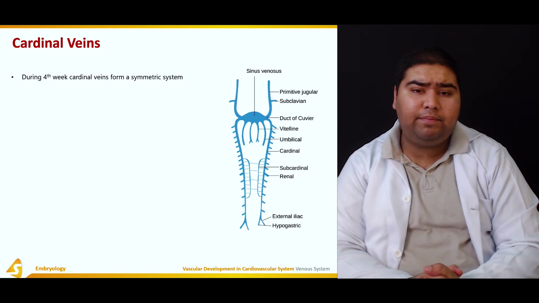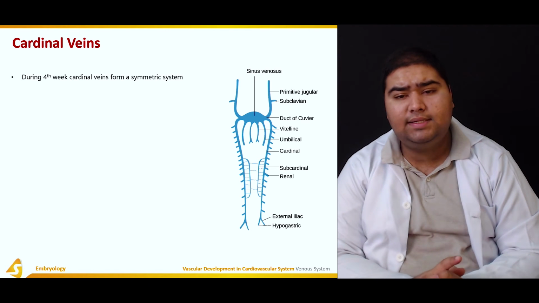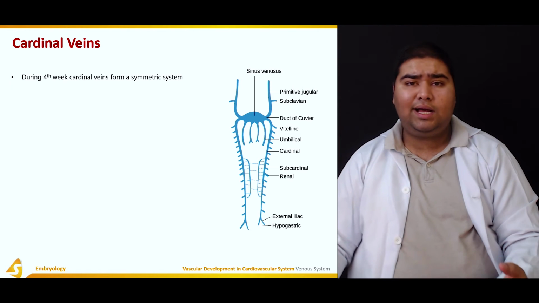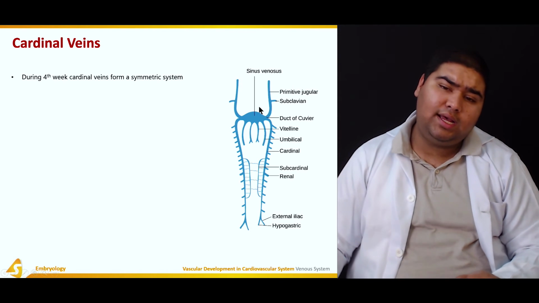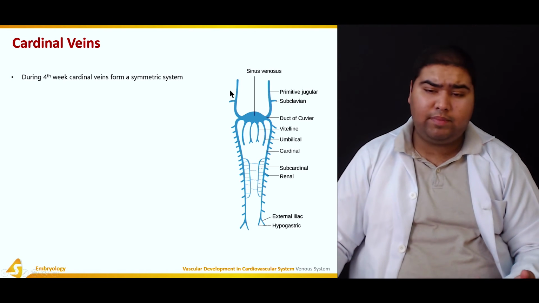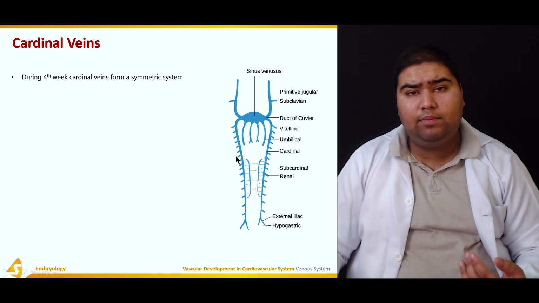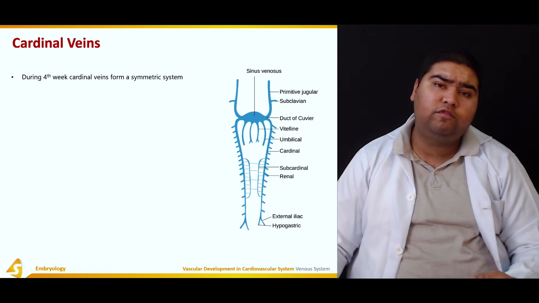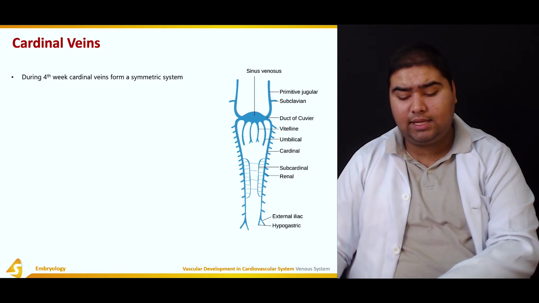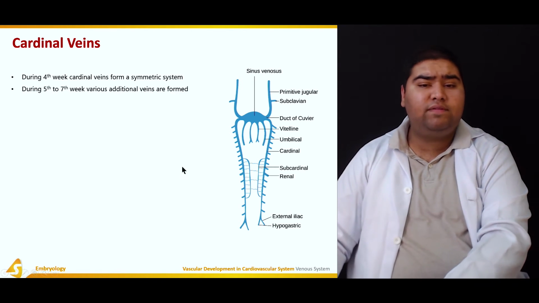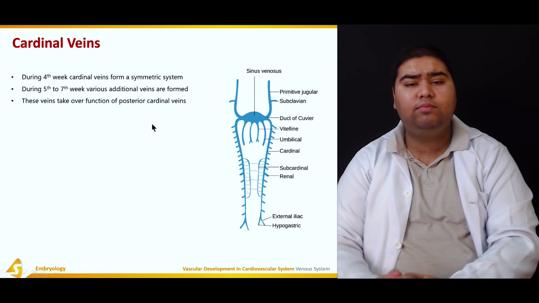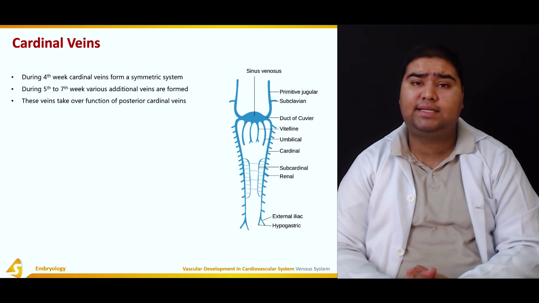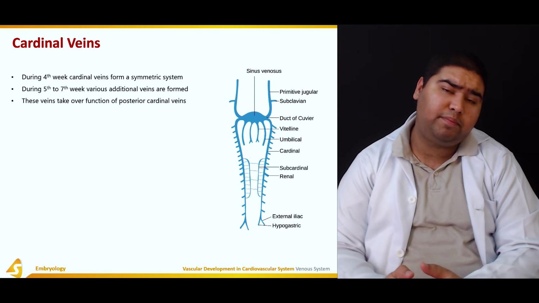So now, during the 4th week of development, the cardinal veins form a symmetric system. The anterior cardinal vein, since it has a small area, drains the cranial part, so it remains so. However, the caudal portion, or the posterior cardinal vein, which is draining the caudal portion of the body, divides into further subsections. During the 5th to 7th week of development, various additional veins are formed. These veins take over the function of the posterior cardinal veins. As I have told you earlier, the posterior cardinal vein is replaced by veins